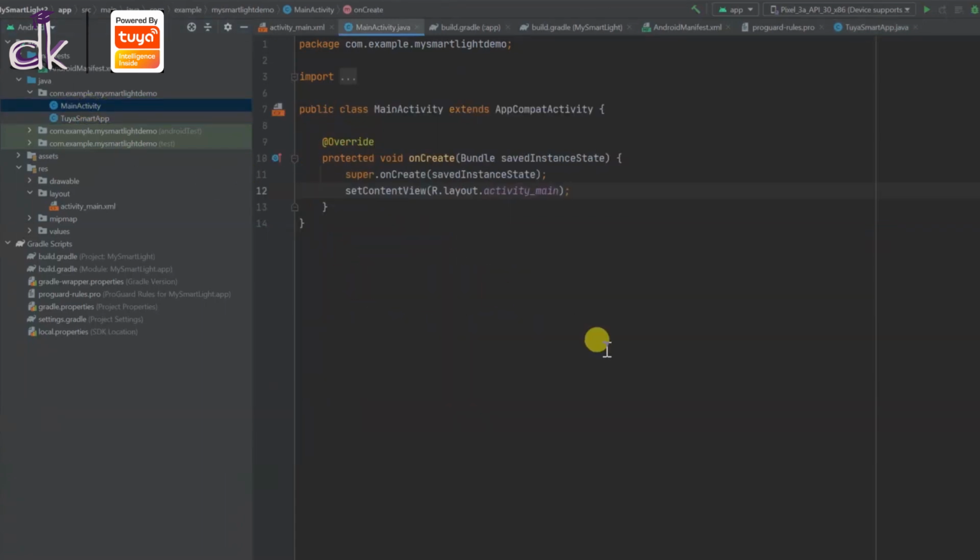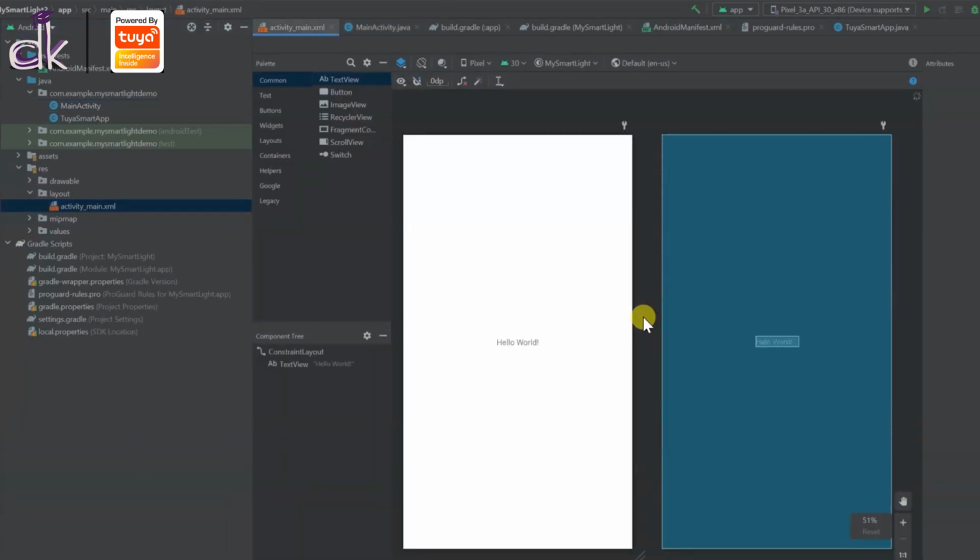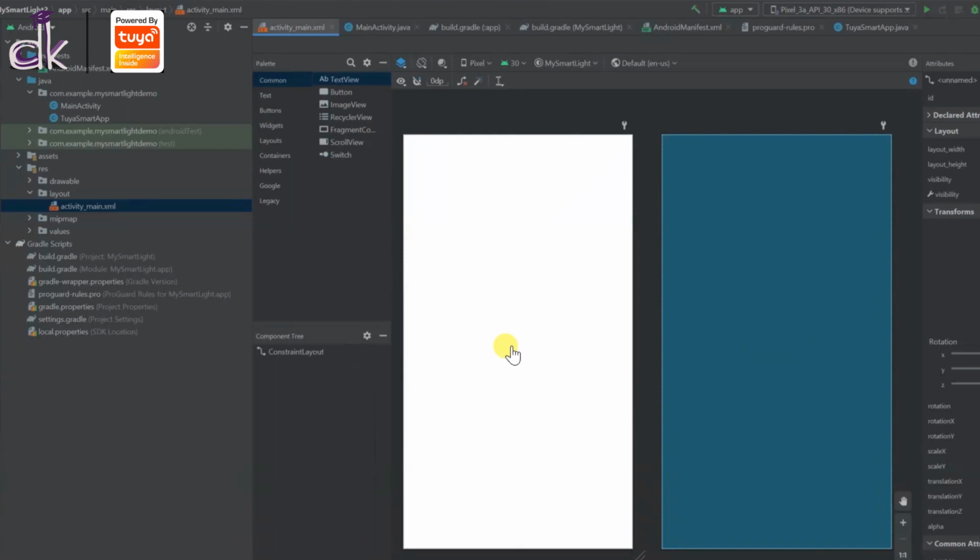Okay, so we have created our Tuya home SDK, we have initialized it, and now we have to set the layout where we enable the users to log in. Okay, now you'll notice that it is so easy to log in the users with just some simple commands because of the Tuya home SDK. Okay, so you will just be writing 5 or 6 lines of code, and it is as simple as that. Okay, so let's go ahead and create our layout.